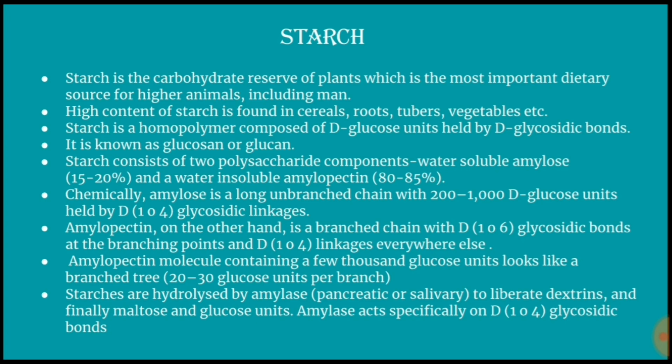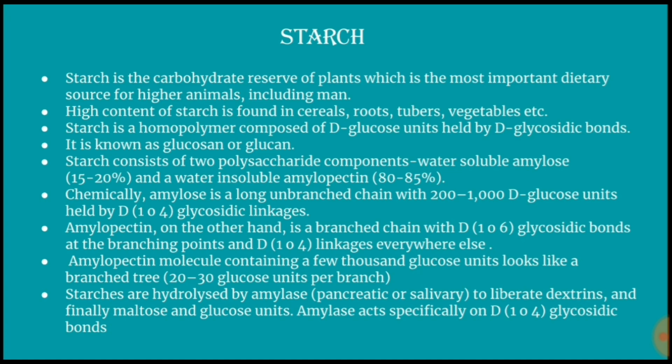As I told, a homopolymer will have a single type of monosaccharide. Which single type of monosaccharide is there? We'll see. There is the D-glucose unit. Remember, dextrorotatory glucose units are held by alpha glycosidic bonds. So these are the D-glucose units along with glycosidic bonds. This starch can also be called glucosan or glucan, because there are monomers of glucose that are linked